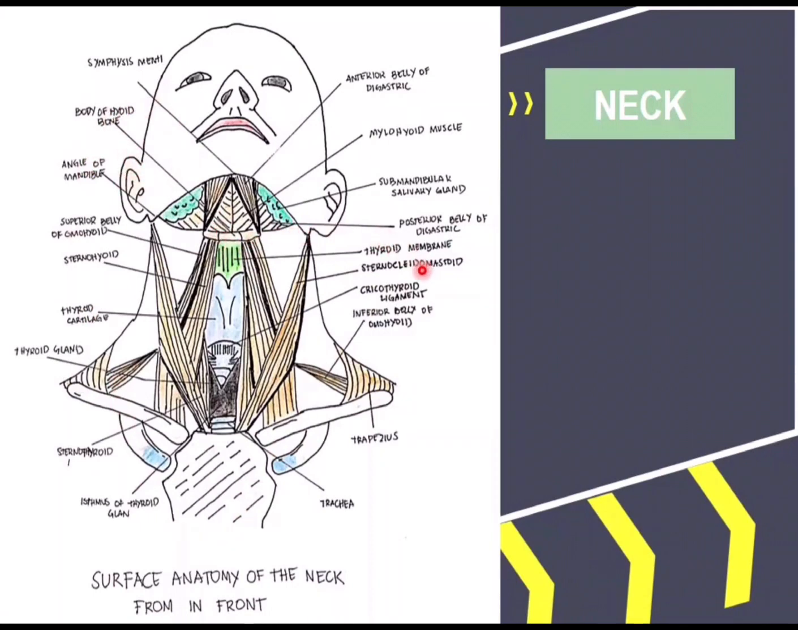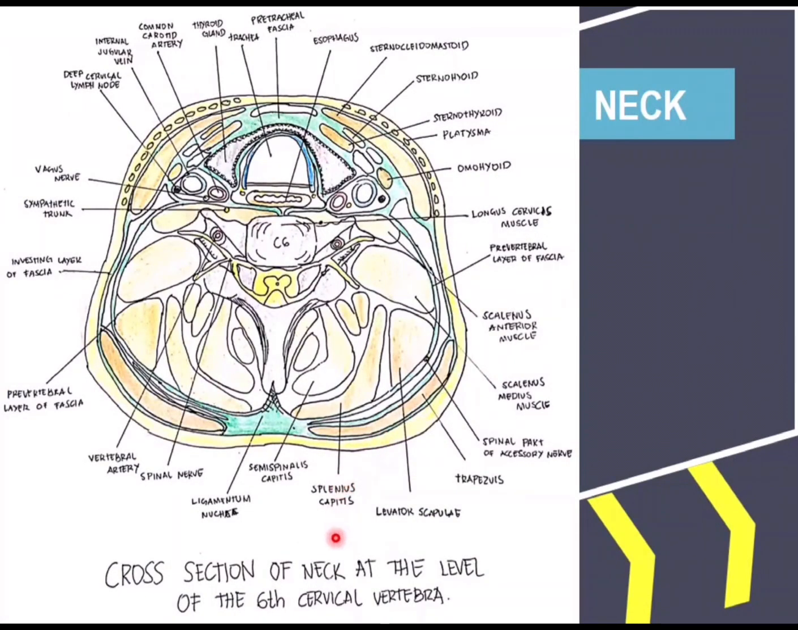Also in the neck, we can find the cervical spinal cord. As we can see in the picture of the cross-section of the neck at the level of the 6th cervical vertebra, we have the recurrent laryngeal nerve, sternocleidomastoid muscle, sternohyoid muscle, platysma, omohyoid muscle, longus colli muscle, scalenus anterior muscle, scalenus medius muscle, spinal part of accessory nerve, the trapezius,